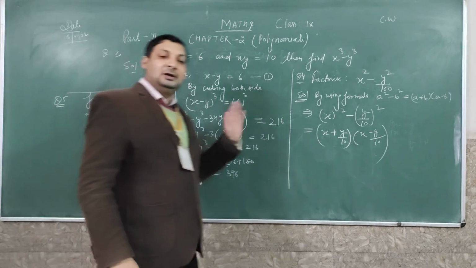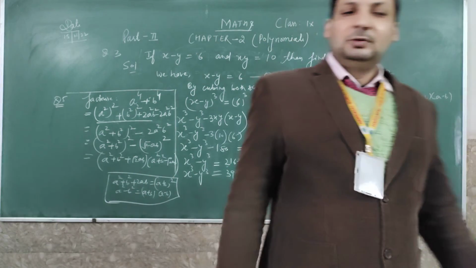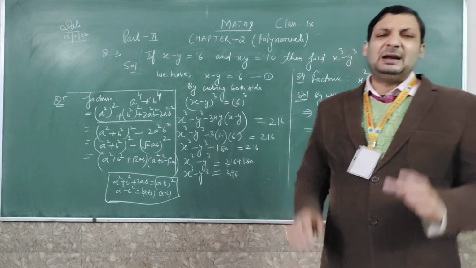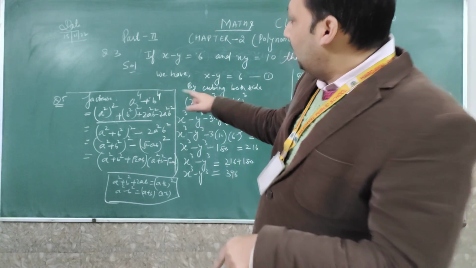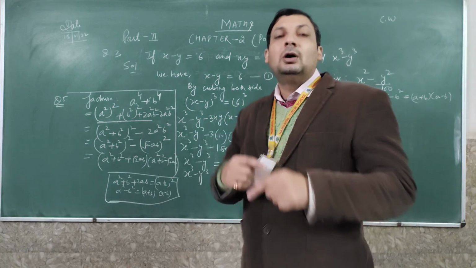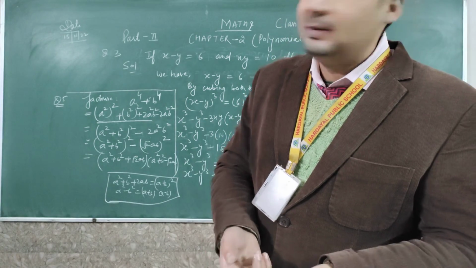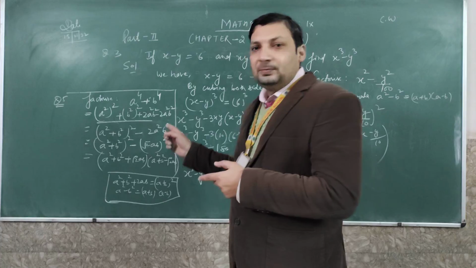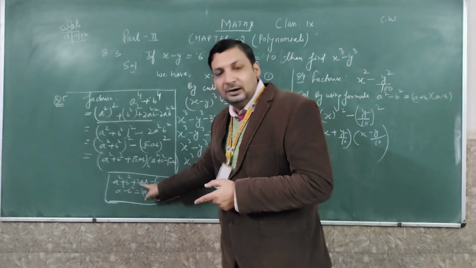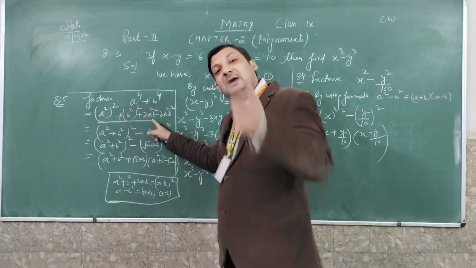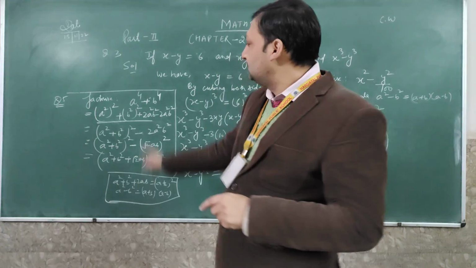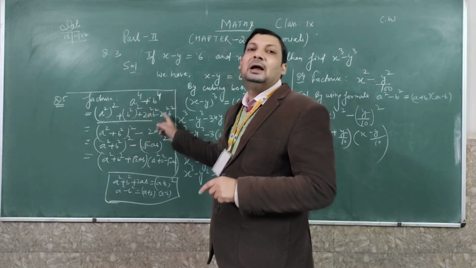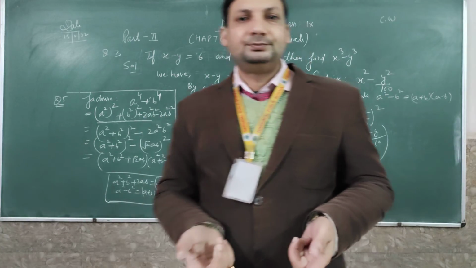This question was a typical question to understand. What you have to understand in mathematics is that whenever we solve a question, we have to pre-plan which formula to use, or how we can make the formula by adding or subtracting. This formula has plus 2ab, so I have to add it and also subtract it. If I use minus 2ab, then minus 2ab will come in front and I have to add 2ab.